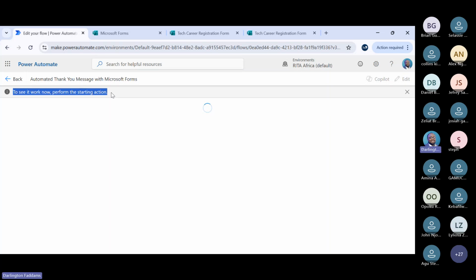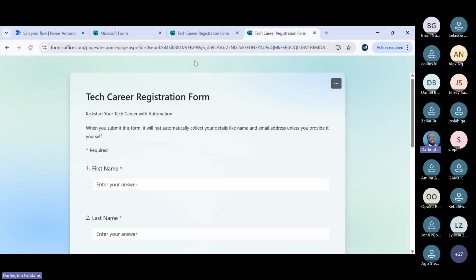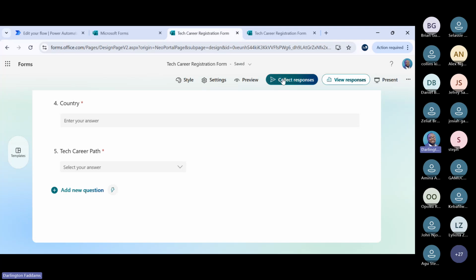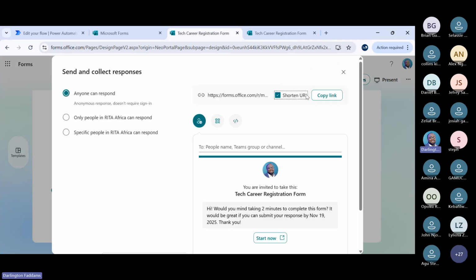Who can tell me why it is not working? It's waiting. Why is it not working? It requires the form to be filled. All right. So now this form, what I'm going to do now is to collect responses, and I'm going to